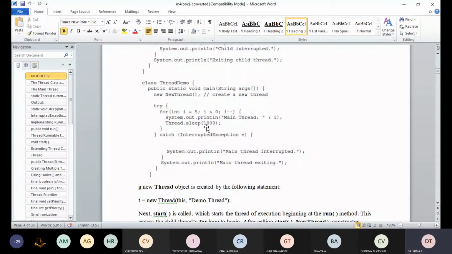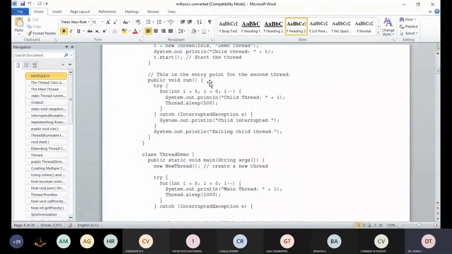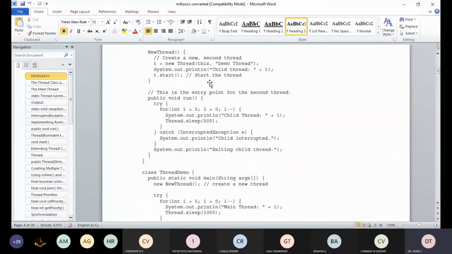If any exception occurs for main thread interruption, then the message main thread interrupted will appear. Inside the NewThread constructor, a new thread object is created by the following statement, as you know: this, demo thread.